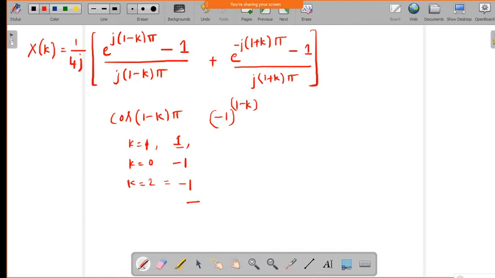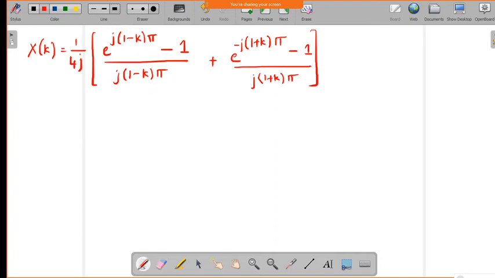So like that, similarly you can write this one as 1 plus k, cos of, that is minus 1 power 1 plus k. So that we will write, and we will write the final expression. Okay, so this will give 1 over 4j into, okay, so we will get it as minus 1 power 1 minus k minus 1. So this divided by,